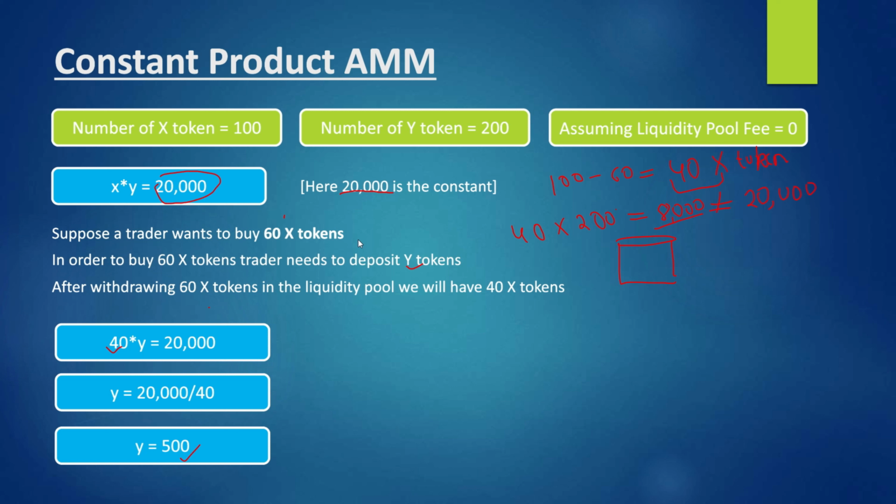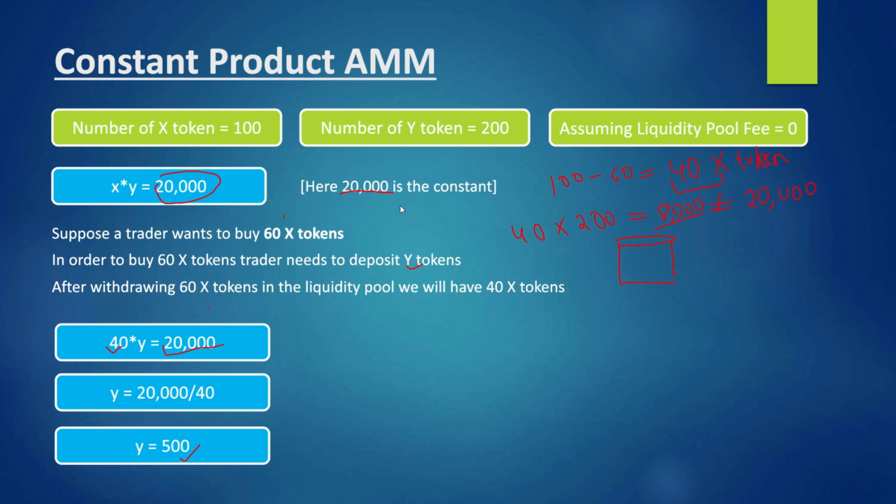What I have done is I have simply taken the number of Y tokens to be Y. And after the trader takes out 60 X tokens, the number of X tokens in the liquidity pool will be 40. And now I'm multiplying this 40 with Y so that I can equate it with the constant value, that is 20,000. And if we calculate the Y value from this equation, you will find out that in the liquidity pool we must have 500 Y tokens